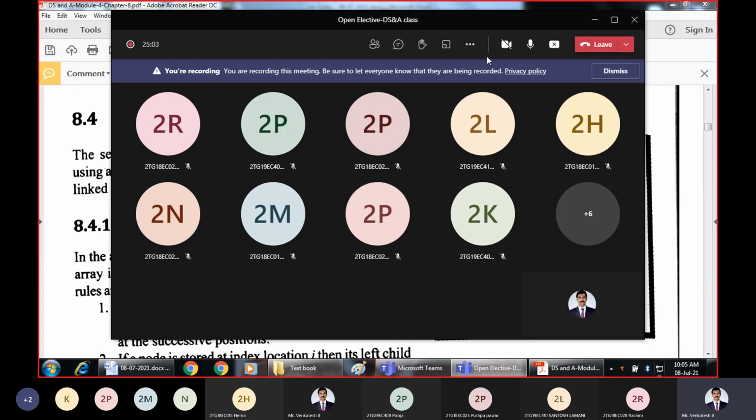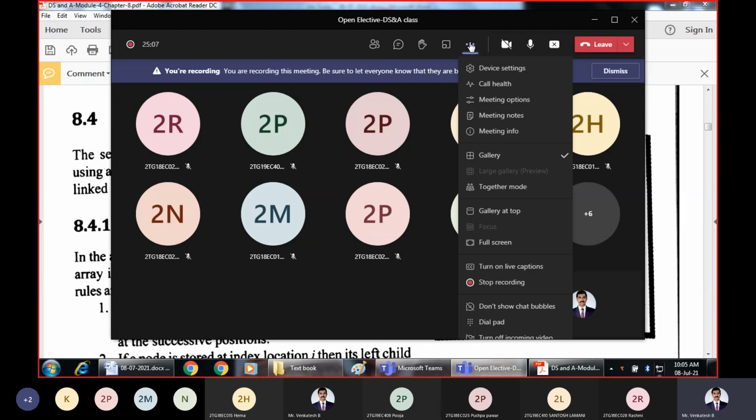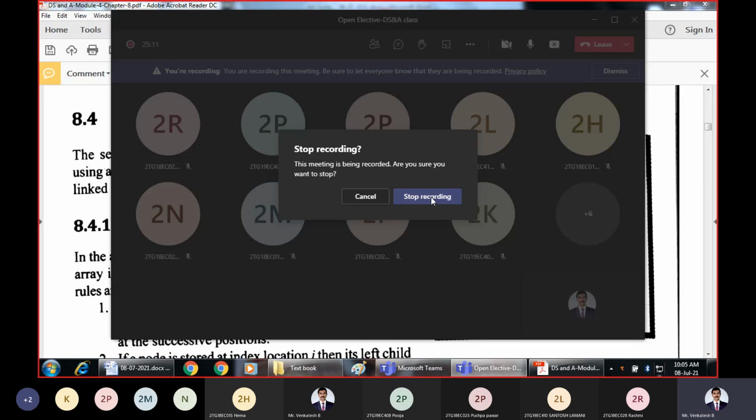Always remember that a tree is different and a binary tree is different. A tree can have any number of subtrees, whereas a binary tree can have a maximum of 2 children. A binary tree can have a maximum of 2 children and a minimum of 0.